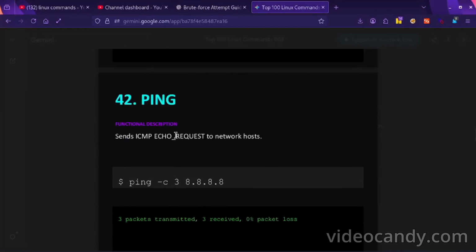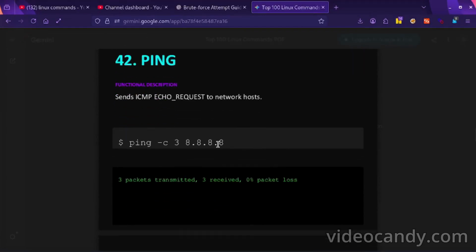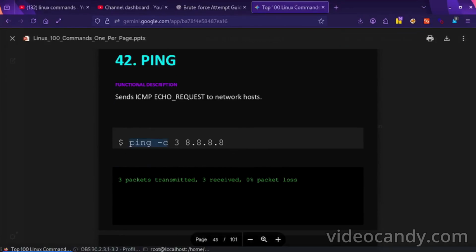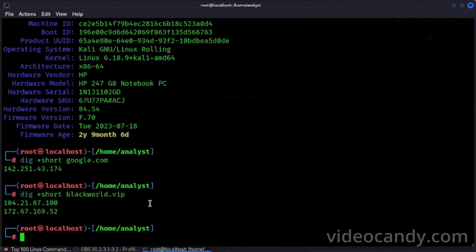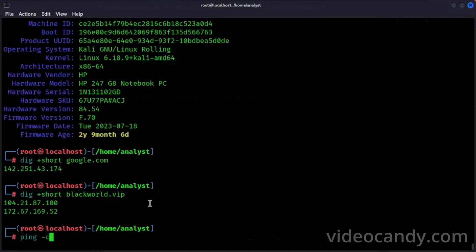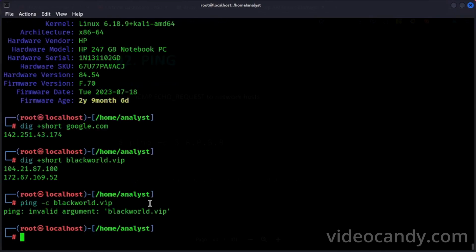ping: send ICMP echo requests to a network host. It will check whether the host is alive or not. Okay, and blackbird.vip.